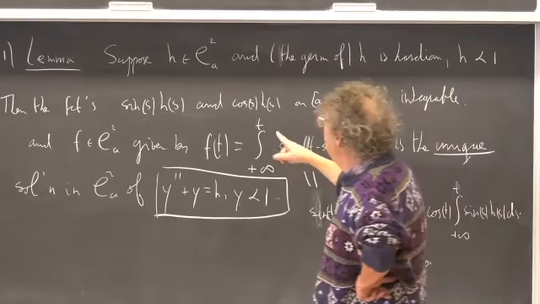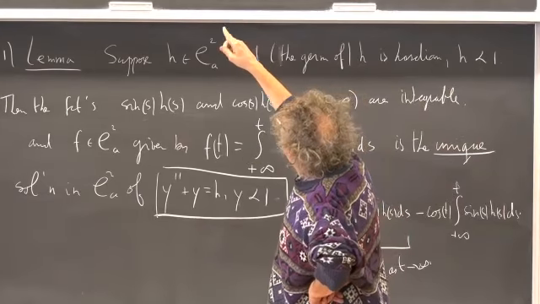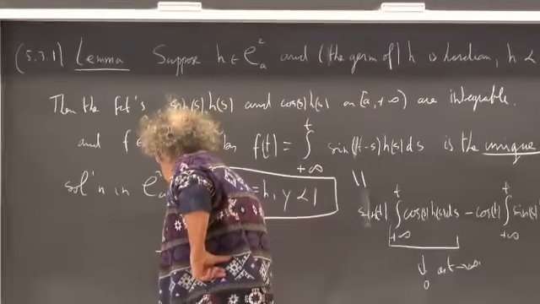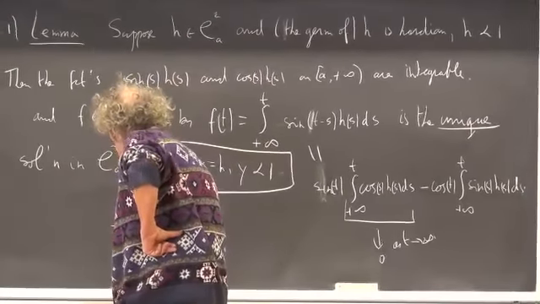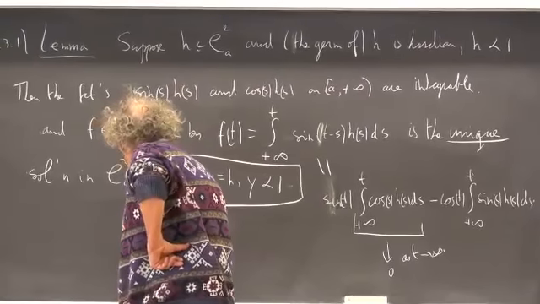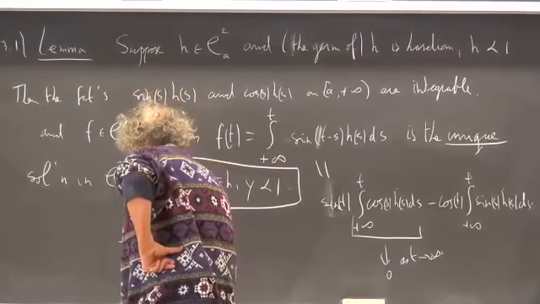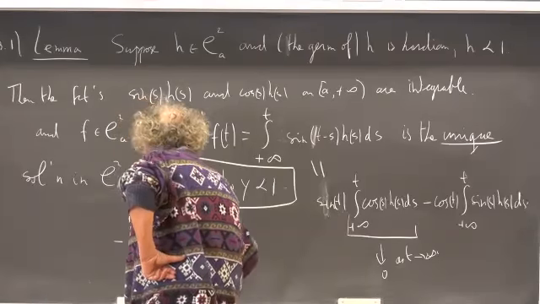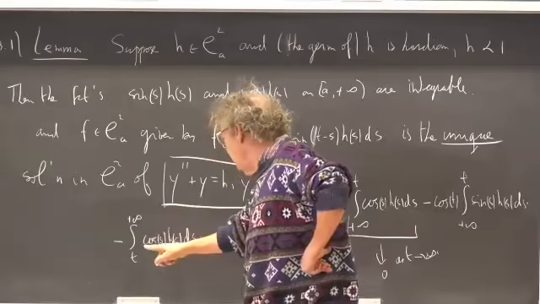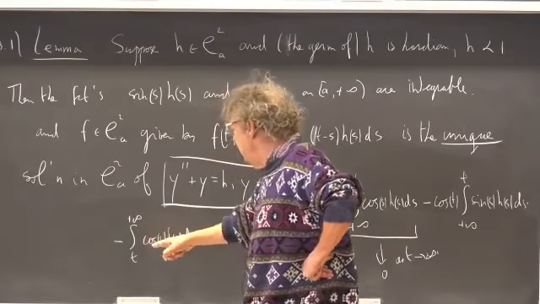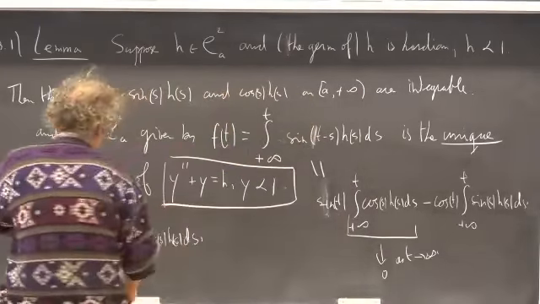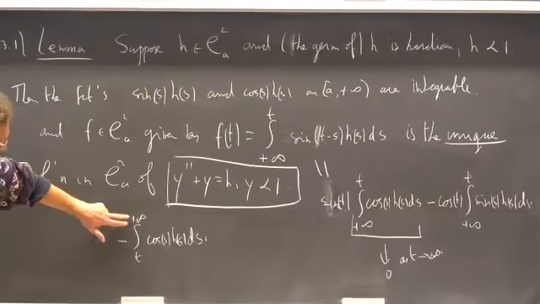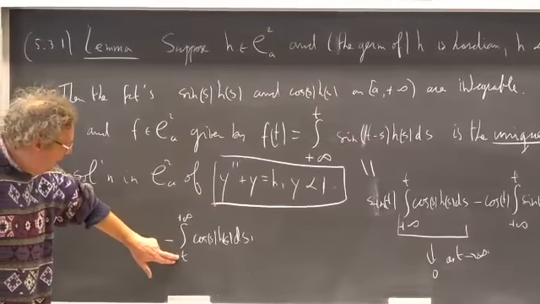The convention is that this is really another notation for minus the integral from t to plus infinity of cosine s h(s) ds. Since the limit exists as t goes to plus infinity, if t is very large,